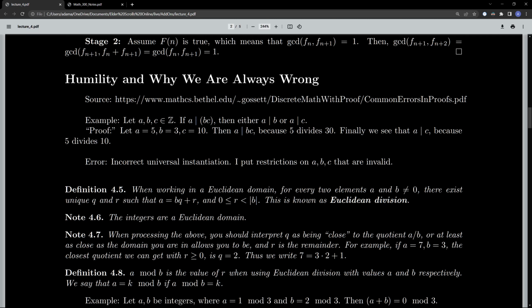Okay, so we have a equals 6, b equals 3, c equals 2. So let's check. Yeah, so b times c is 6. I agree. 6 divides 6, but 6 does not divide 3 or 2. Good. You can actually give a more instructive counterexample, and that comes from the fact that basically, think